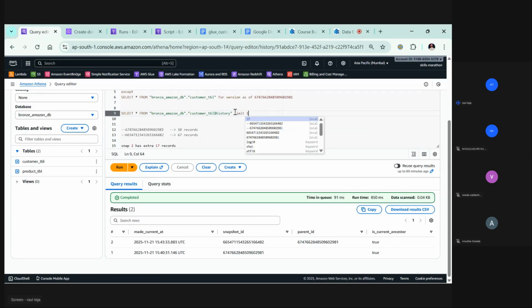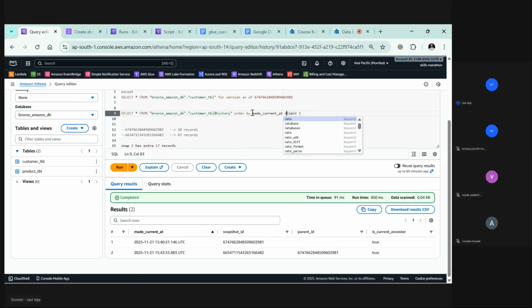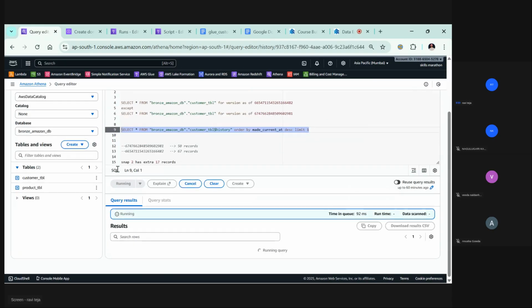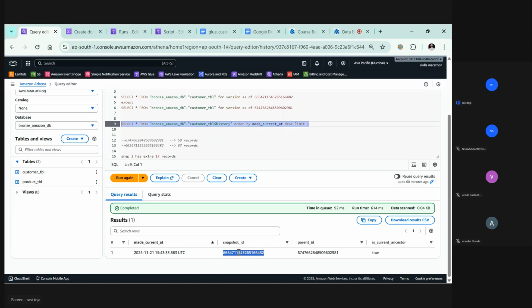But before limiting, I will do order by made_current_at DESC. Now it's supposed to give the final snapshot ID. Let's run it, and it gave me only the snapshot ID.